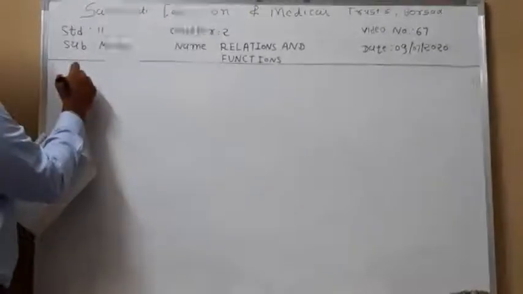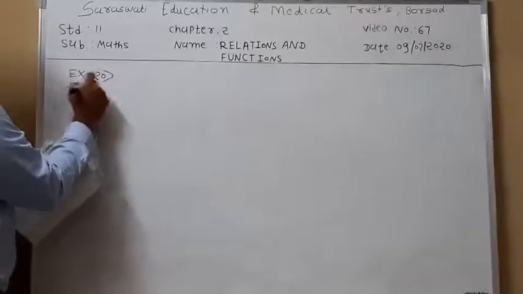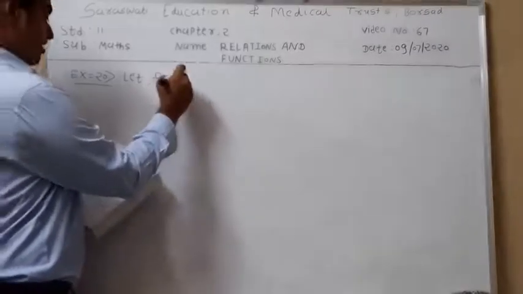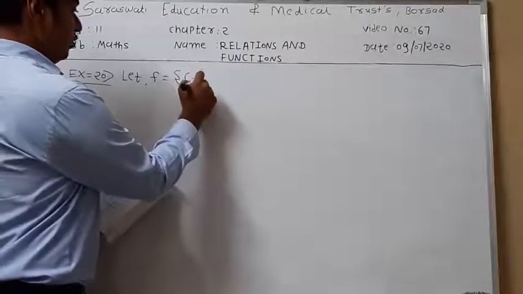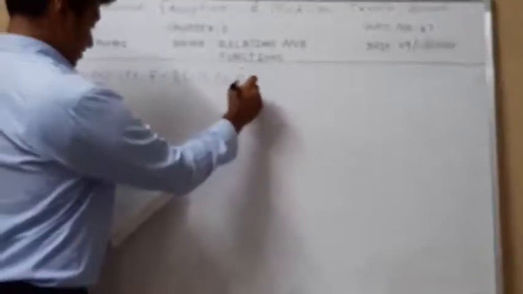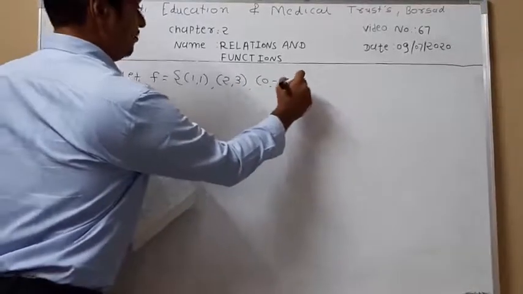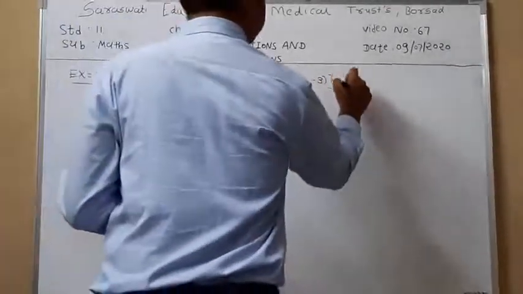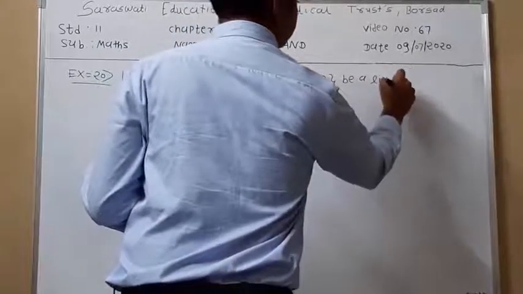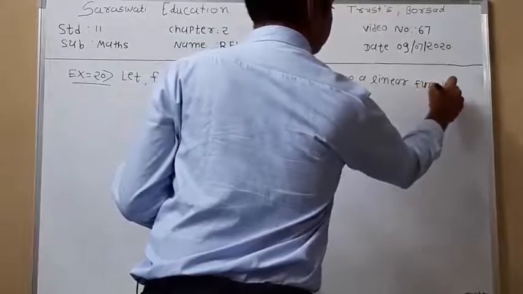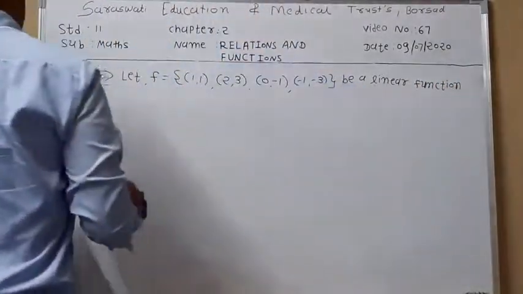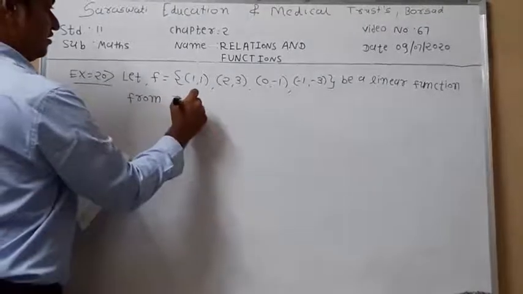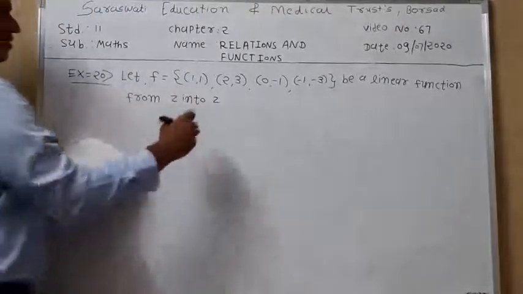So, example number 20. Our question is: let f be a linear function from Z into Z, defined by the set of ordered pairs {(1, 1), (2, 3), (0, -1), (-1, -3)}. Then find out